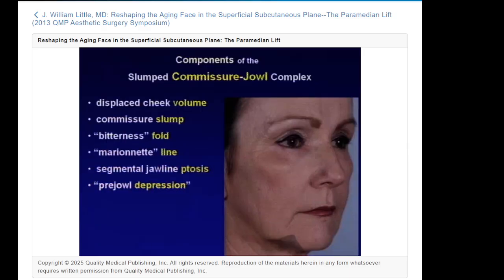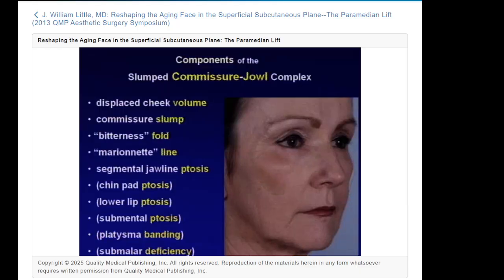I don't believe in the pre-jowl depression, or at least I almost never put fat there, and I'll try to speak to that during the talk. The chin pad falls down, the lower lip falls down. All these things fall down in concert. The submental plane falls down, and there's platysma banding that becomes evident, and there's a submalar deficiency above from whence